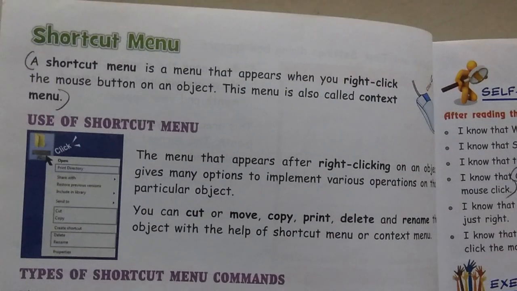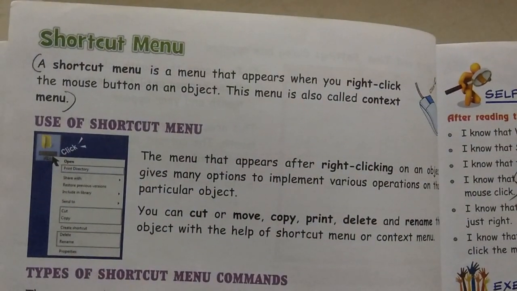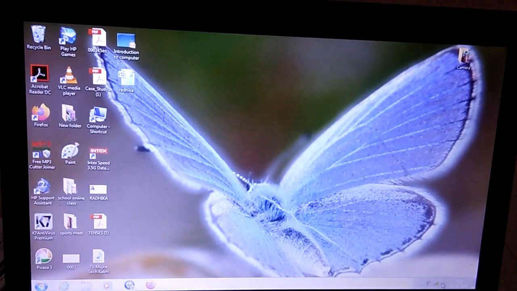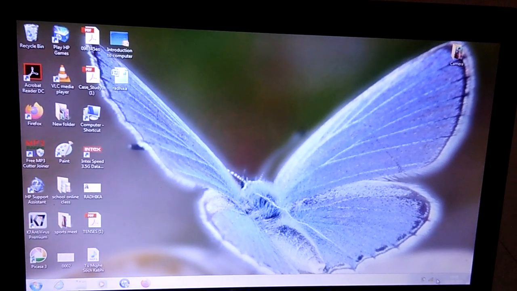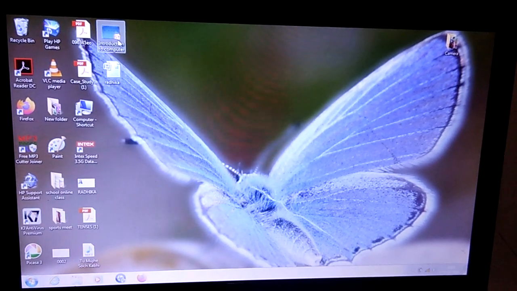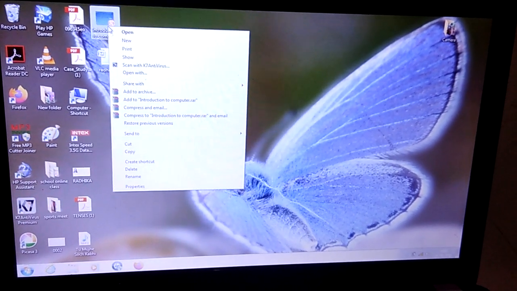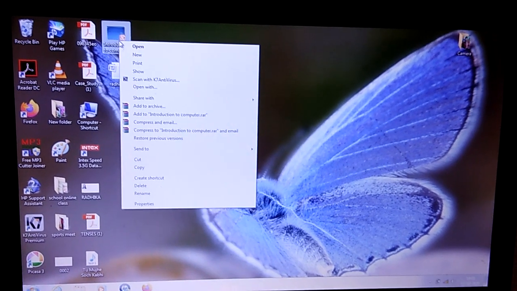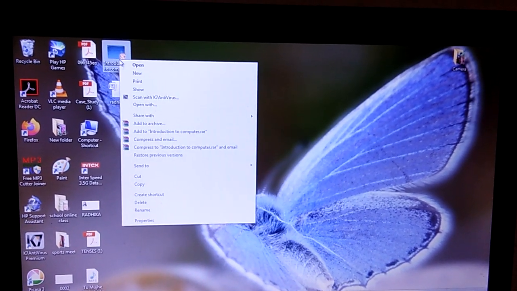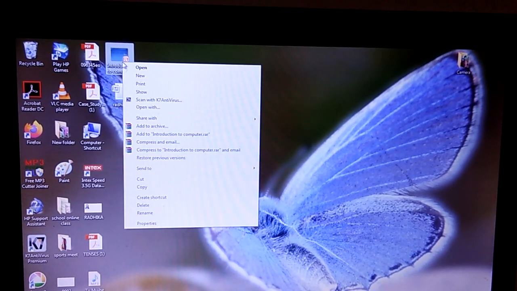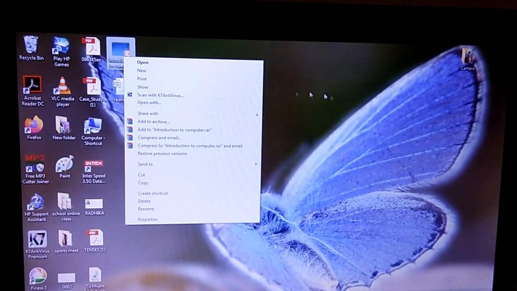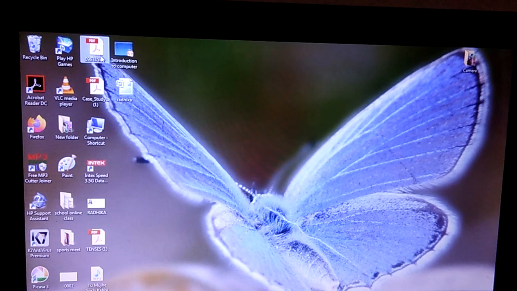Now on page number 24, the next topic is shortcut menu. The shortcut menu is a menu that appears when we right click the mouse button on an object, like in this way. This is the menu. This menu is also called the context menu. Next is use of shortcut menu. If I right click on any icon, the menu will appear.